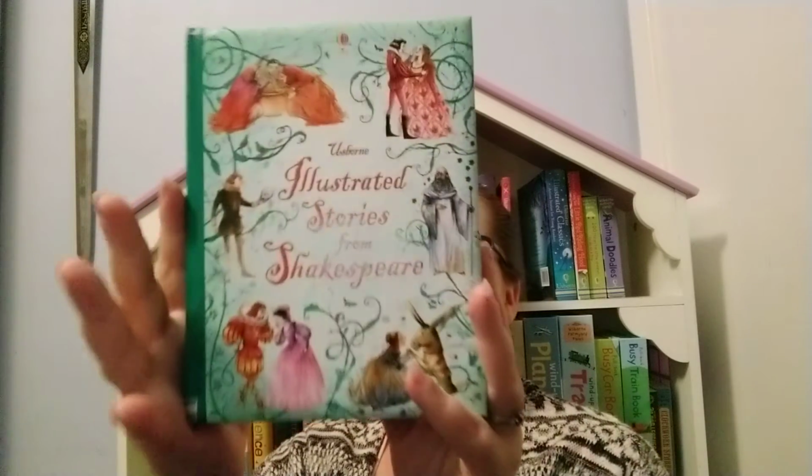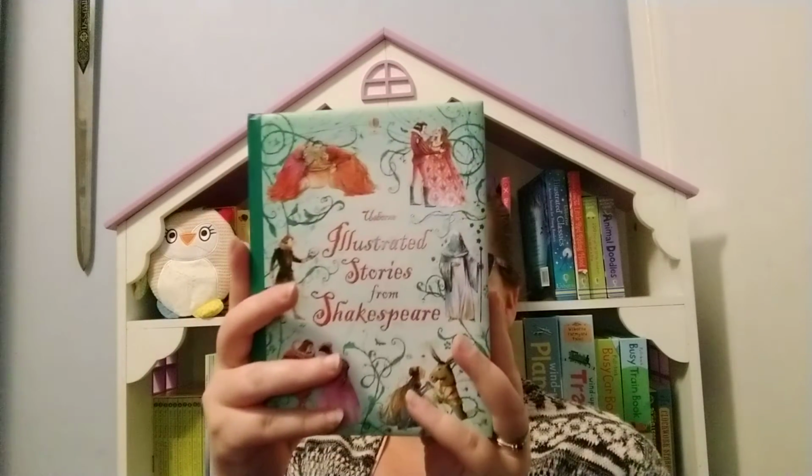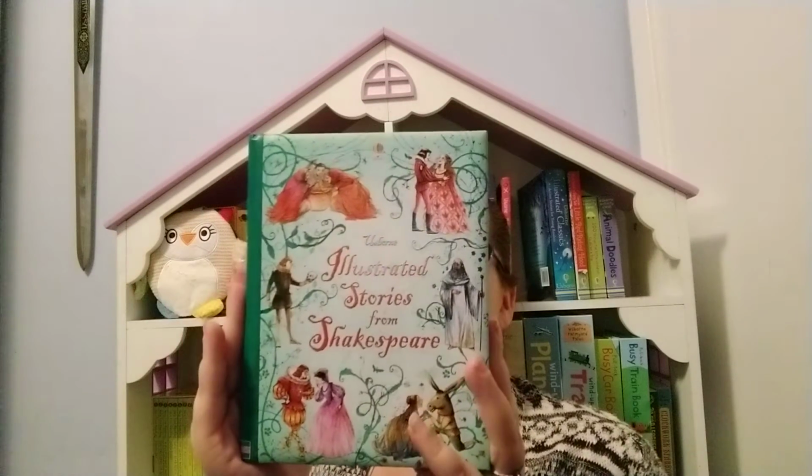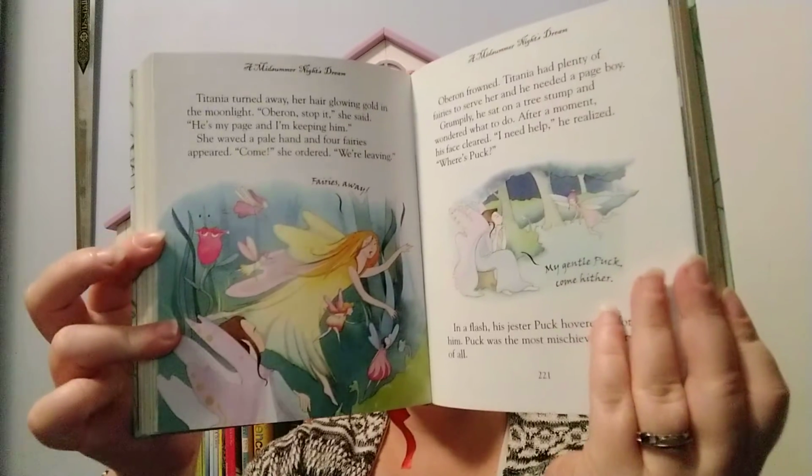Now, if you like illustrated stories, there's nothing more magical than a classic book that is broken down for our younger readers. And this is Illustrated Stories from Shakespeare. This is actually the first book that I ever received from Usborne, and it is still on the top of my list because you get to see beautiful, beautiful illustrations while you learn about some of the most amazing classical